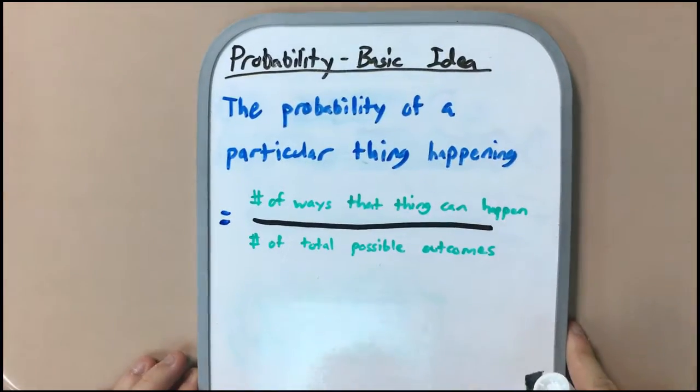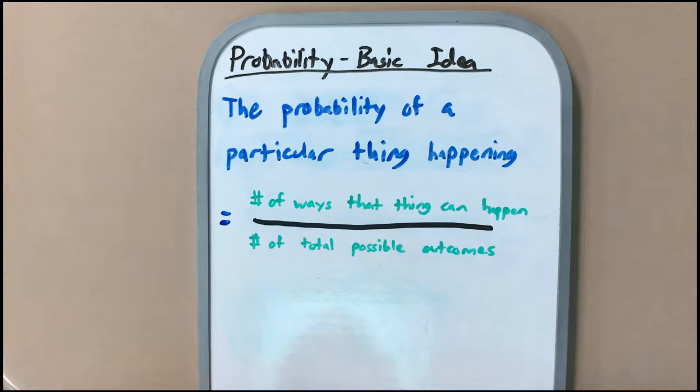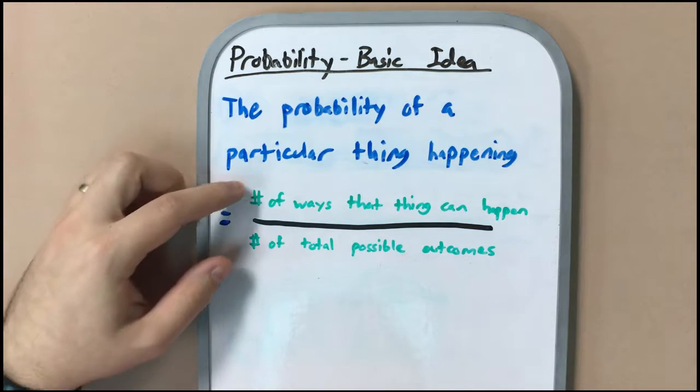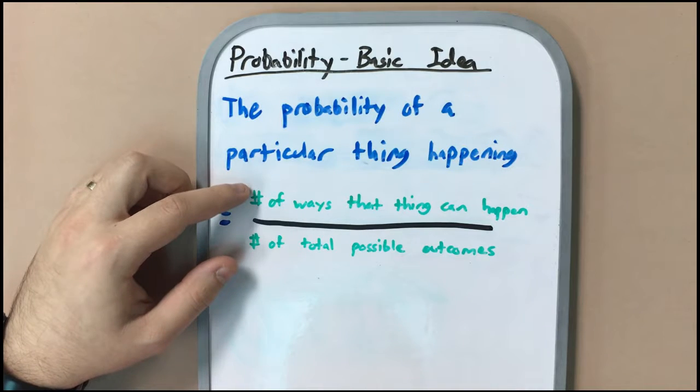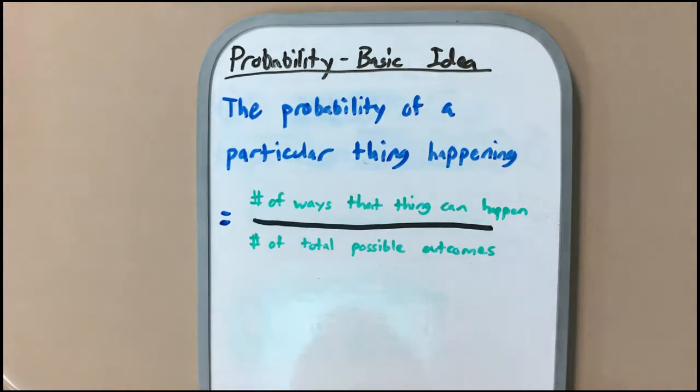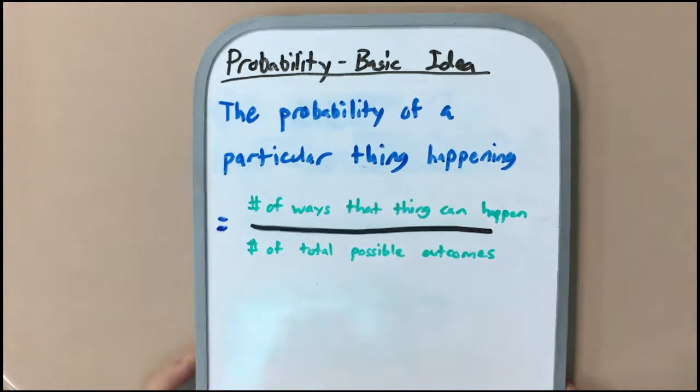This is Mr. W. We're going to continue with our probability unit in discrete math by taking the basic idea of probability that we started talking about in my last video, the idea that the probability of a particular thing happening is just the number of ways that that particular event can happen, divided by the number of total possible outcomes, the number of total possible things that can happen if everything is random and equally likely to come up. We're going to take that idea and extend it to the fundamental counting principle, which, if